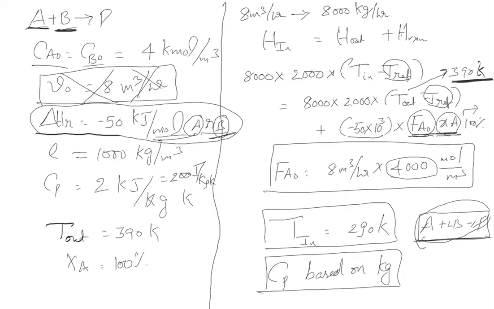Without V, you can solve without V. No, this is not required. I will take 10 meter cube. Then also your answer will be same. This will be 10,000. This will be 10,000. This will be 10 meter cube per hour. So the 8,000 is cancelling on both sides. This 8 number is what we have given in the last problem also. This is independent of inlet flow rate. So we'll stop here.